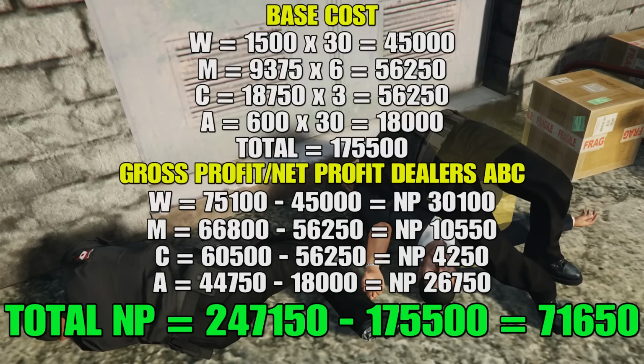Even though the first 2 dealers we lost money on, the third dealer made up, and we actually ended up making over 10,000 on that. For the cocoa, we sold $60,500 at a cost of $56,250, net profit of $4,250. And for the acid, we sold $44,750 at a cost of $18,000, so we net profited